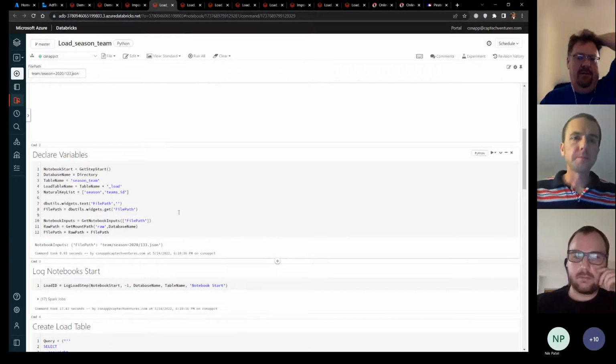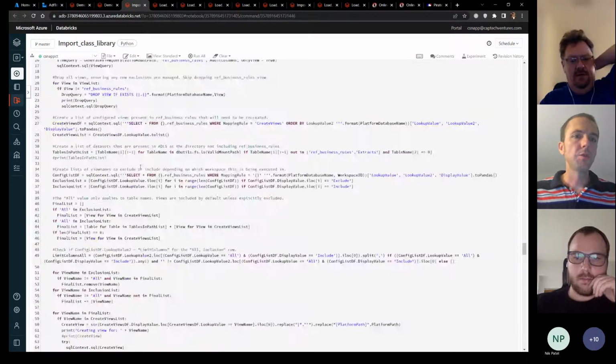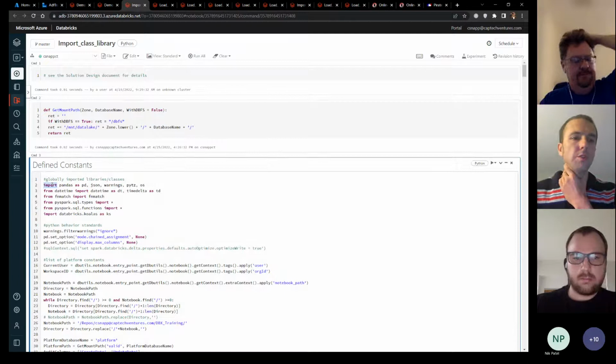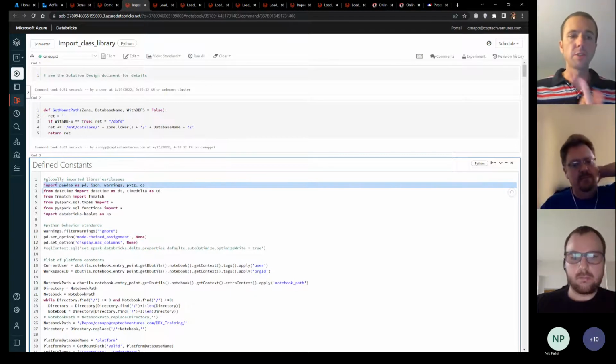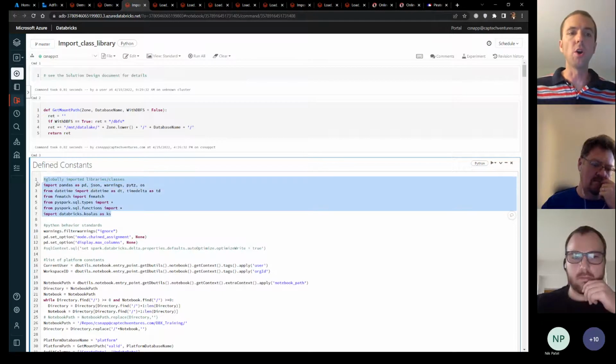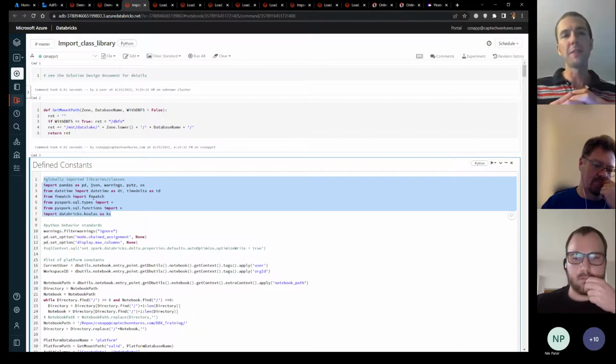I think you can do that with the repos feature now. It used to not be that easy to do, just like a standard import. But I think they've allowed you to do that now. So there's the ability to import libraries just at the top. I do that in my class library so that all my notebooks that import my class library get the availability of those same functions. So all these are available on my platform because I've defined them here. As far as other things, I've put everything that my platform needs in this one class library.